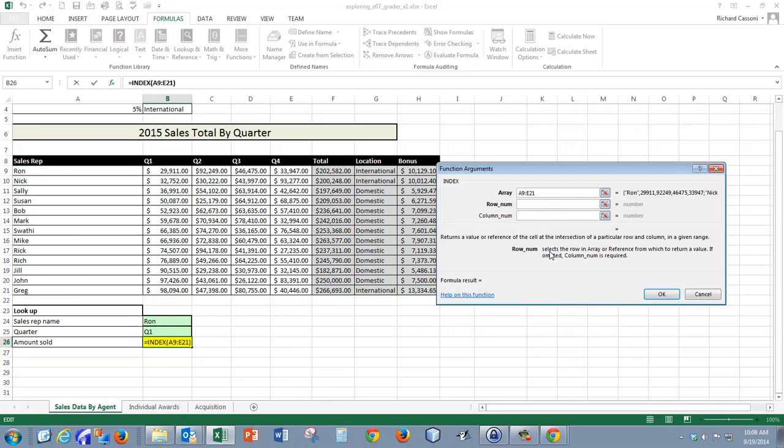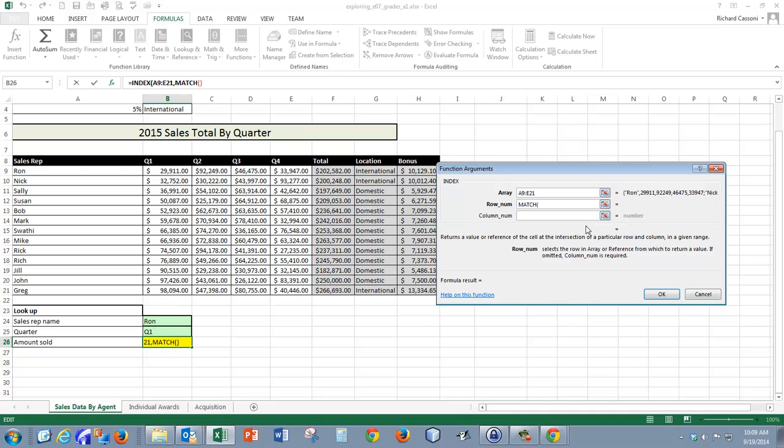And then our row number, for this one, we want to use a match function. What the match function will do is it will allow us to look at the cells A9 through A21 and then pick out a unique one, and then it'll return that row to us, and then we'll do the same thing for column number, and by doing that we'll have a row coordinate and then we'll have a column coordinate, and then we will be able to pull up that cell here. So row number will do match,